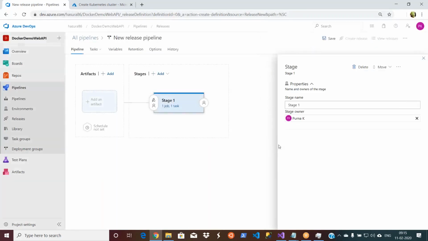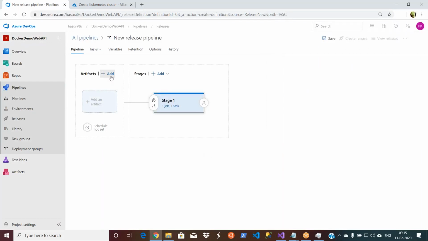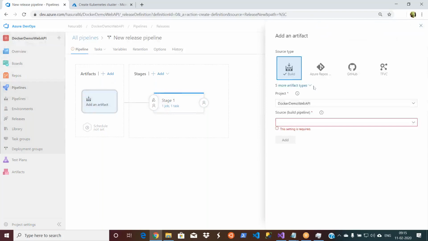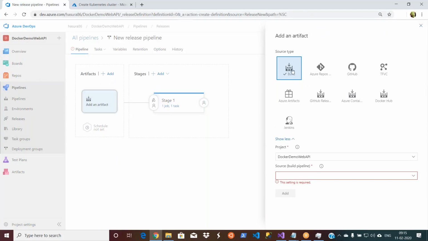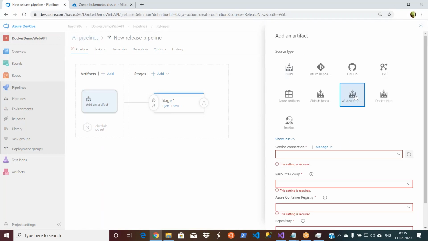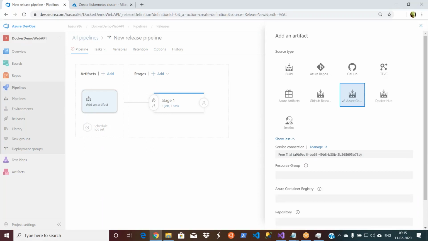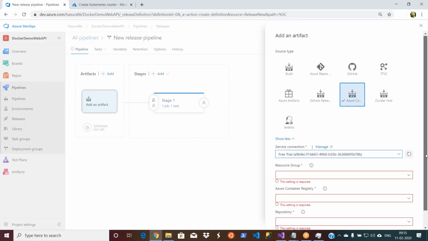You select this. And what is the artifact here? Click on artifact. So far we've been using build. Now we will use Azure Container Registry. Now select the service connection, free trial, and then the resource group.